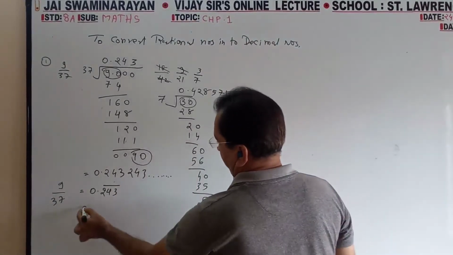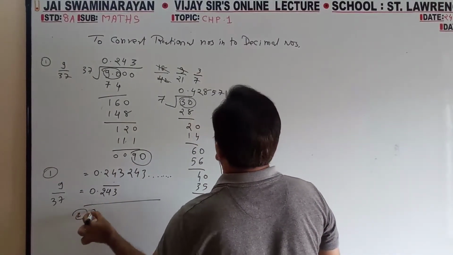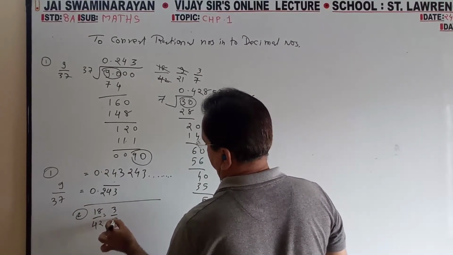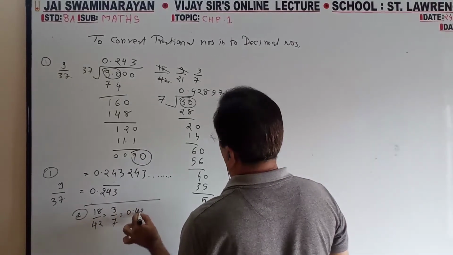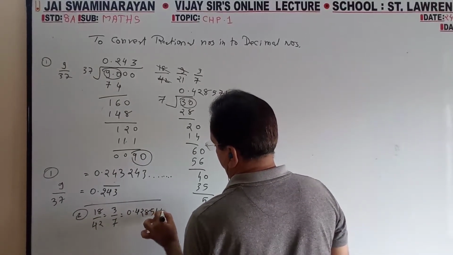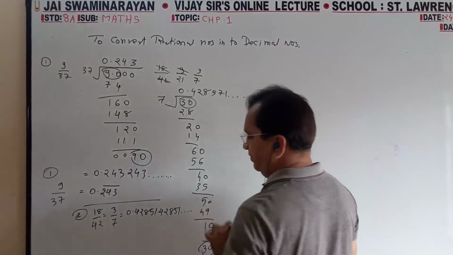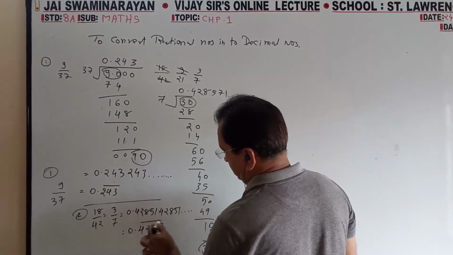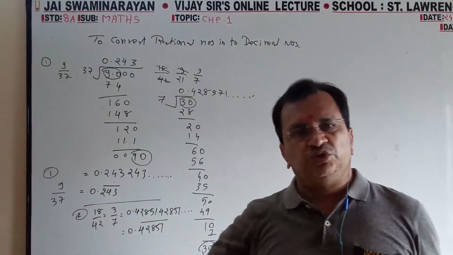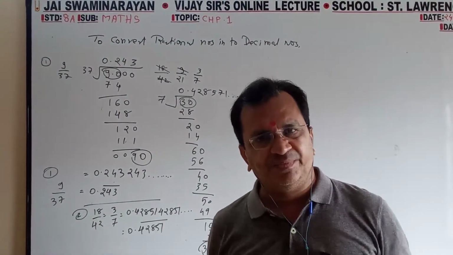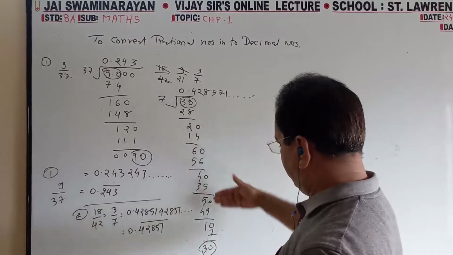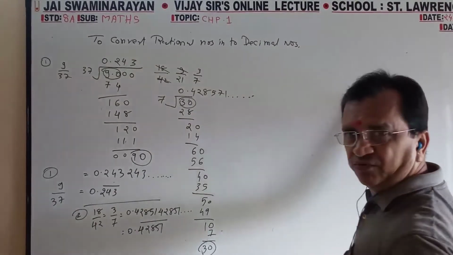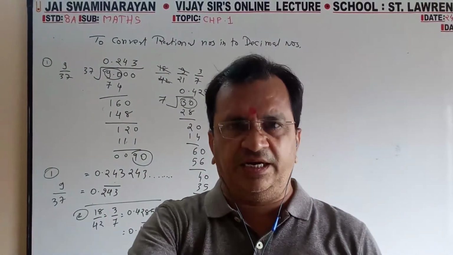So how to write that? That I am writing here. This is first. Now second I am writing here. 18 by 42, in minimum terms it is 7 by 3. It is 0.42851, 42851 repeating. So it is 0.42851 with an upper line. So that much is recurring. Recurring means you will get the same. It continues: 428571, again 428571, again and again.